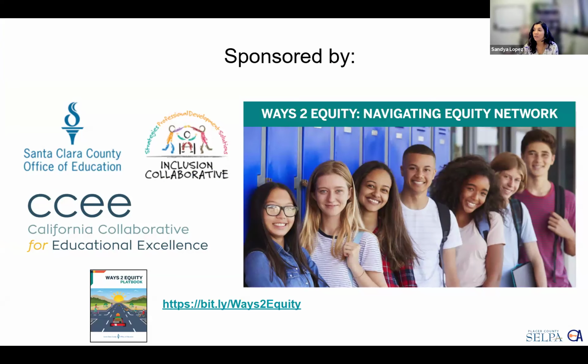The 2-year, $2.5 million CPIP grant was authorized back in 2018 by Assembly Bill 99, and the idea was to support and build capacity within county offices, LEAs and schools to promote equity for disadvantaged, underserved student populations in California schools. So from this funding, the SCCOE, or our department within the SCCOE, established the California One Highway to Success for All, or CA1. At that time we were one of the two state equity leads,